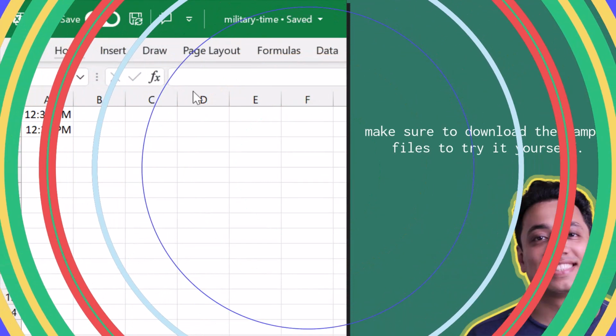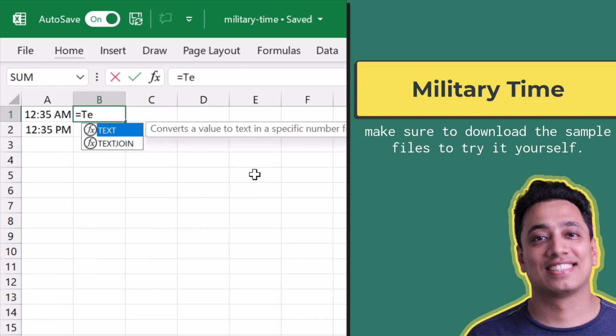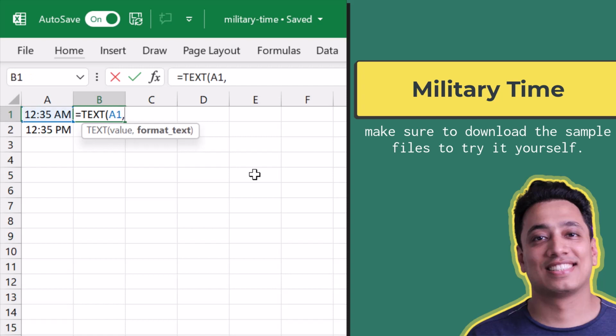All right, so here I have a time value in cells A1 and A2, and I want to convert this time into military time. In military time, we don't have the colon between hours and minutes, and we don't have AM and PM. Military time works on the 24-hour time format. So for this, I'll use the TEXT function, and I will refer to the time, and in the format I'll use